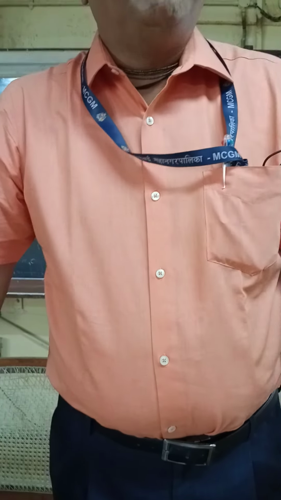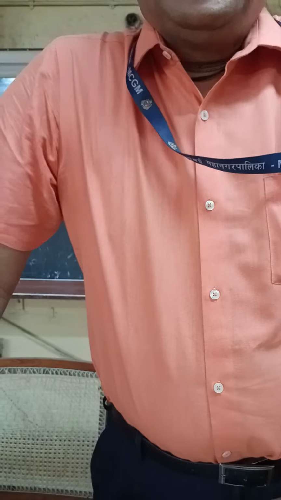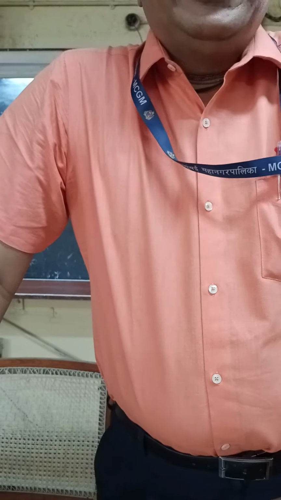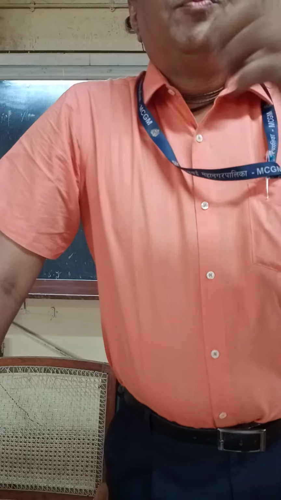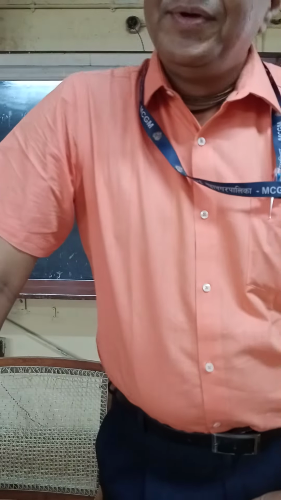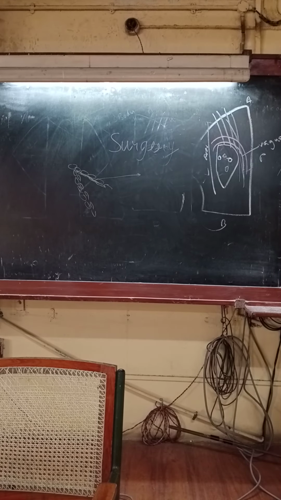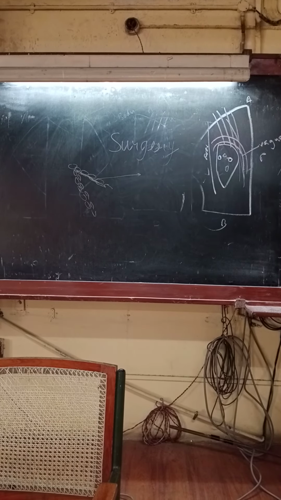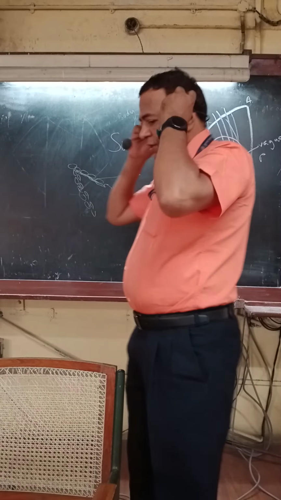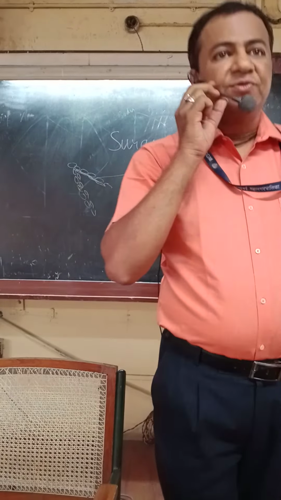Upper left, lower left. The right side bronchial arteries don't arise from the descending thoracic aorta. They either arise from the upper left or from the right third posterior intercostal artery. This is your question, this is your MCQ also. Okay? That's how the oxygenated blood comes to the lungs.